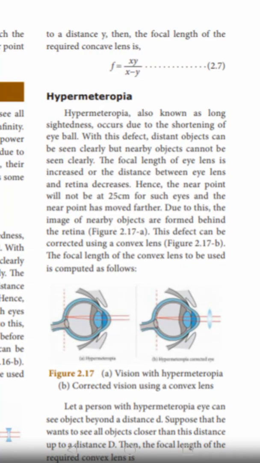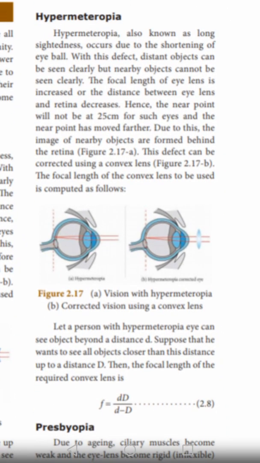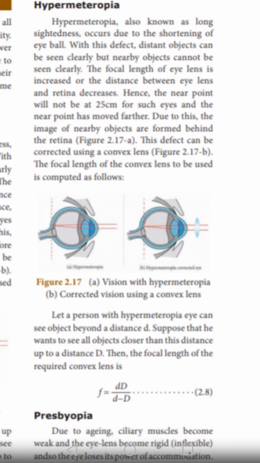Let a person with a hypermetropic eye see objects beyond a distance small d. Suppose he wants to see all objects closer, up to a distance capital D. Then the focal length of the required convex lens is f = dD/(d - D). Okay, next one,